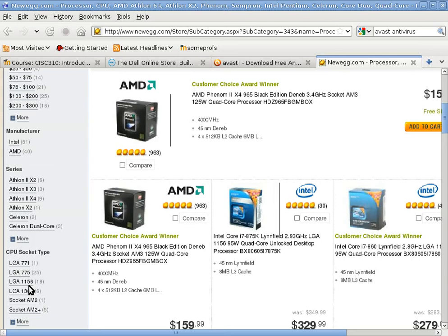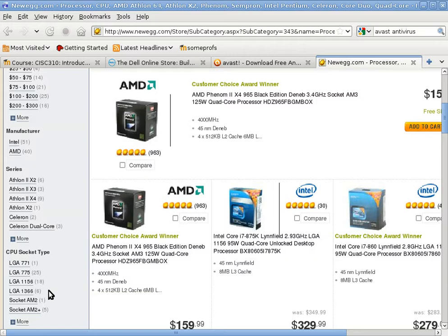Pins the processor has, so that you can select the right motherboard to put the processor onto. The older standard is called LGA 775, which means that the processor has 775 pins to connect to the motherboard. The new processors have a lot more because they're now bypassing the NOR gate completely to talk to memory. So that's why they have more pins, because now they need to address and deal with more peripherals directly from